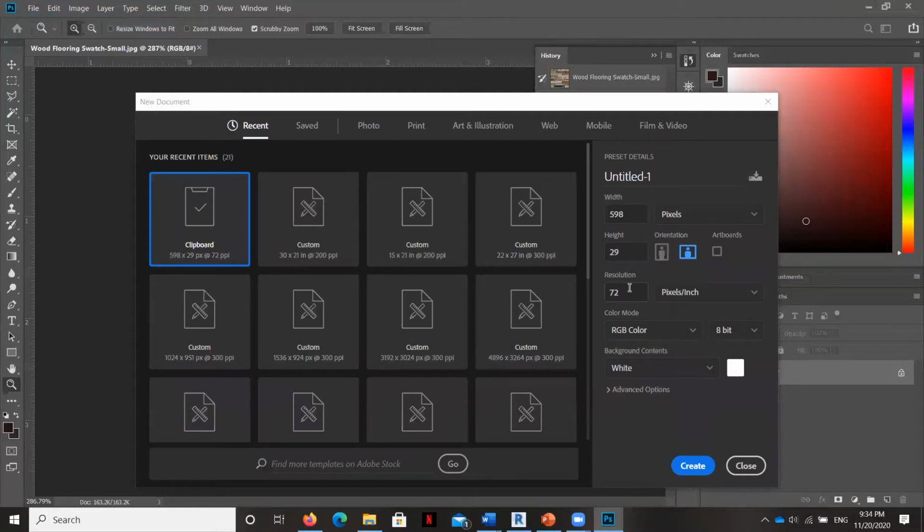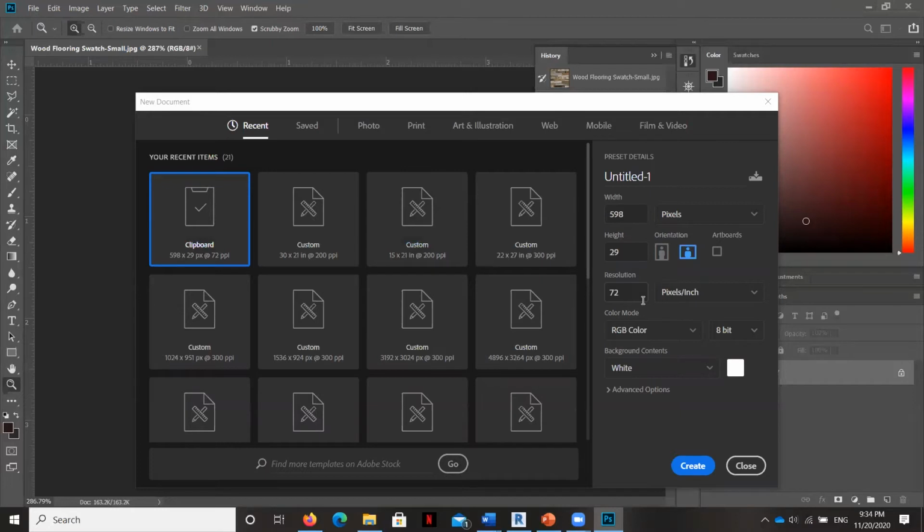Now, this is a pretty low resolution file, as you can see right here, because it's pulling from the resolution of the file that's already open. Generally speaking, the higher the resolution of any image, the crisper and clearer it is.